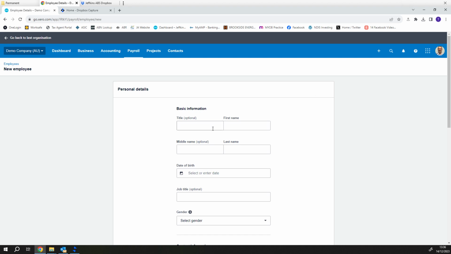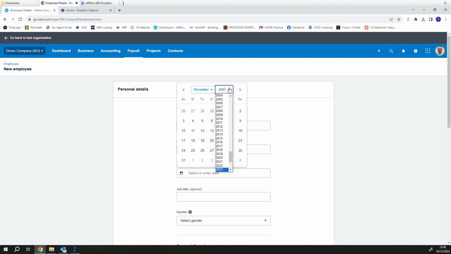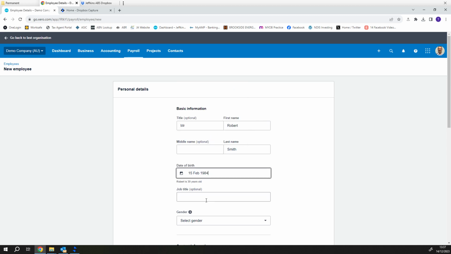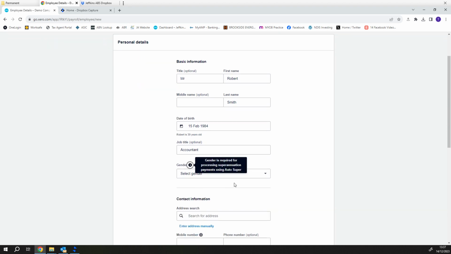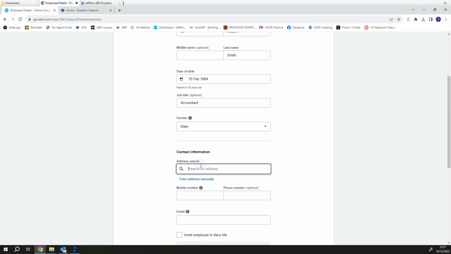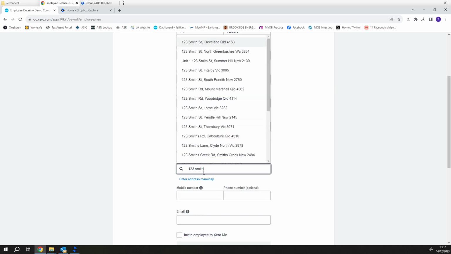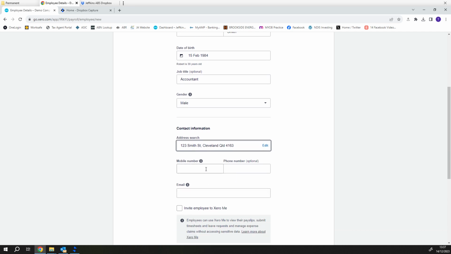So today we are going to add Bob, so Mr. Robert Smith. His date of birth will be the 15th of February 1984. His title is accountant. We select his gender, male. His address, this will search from the white pages. Mobile phone number,